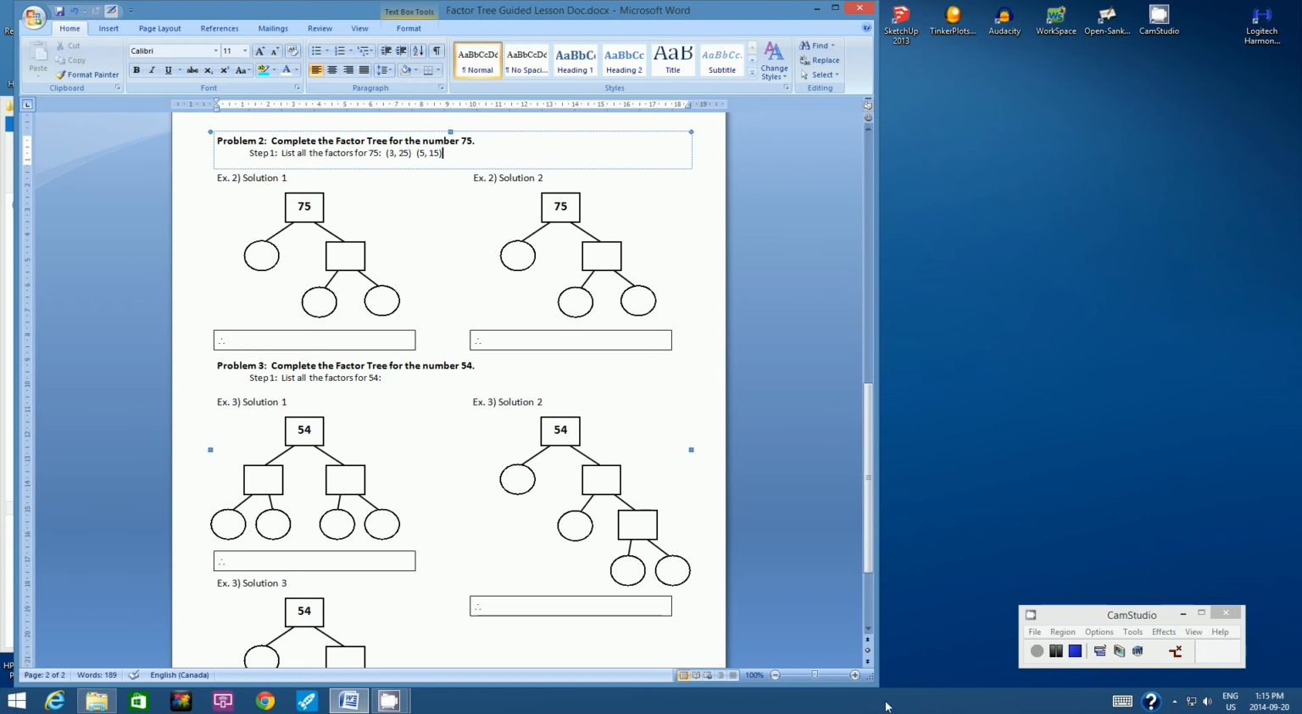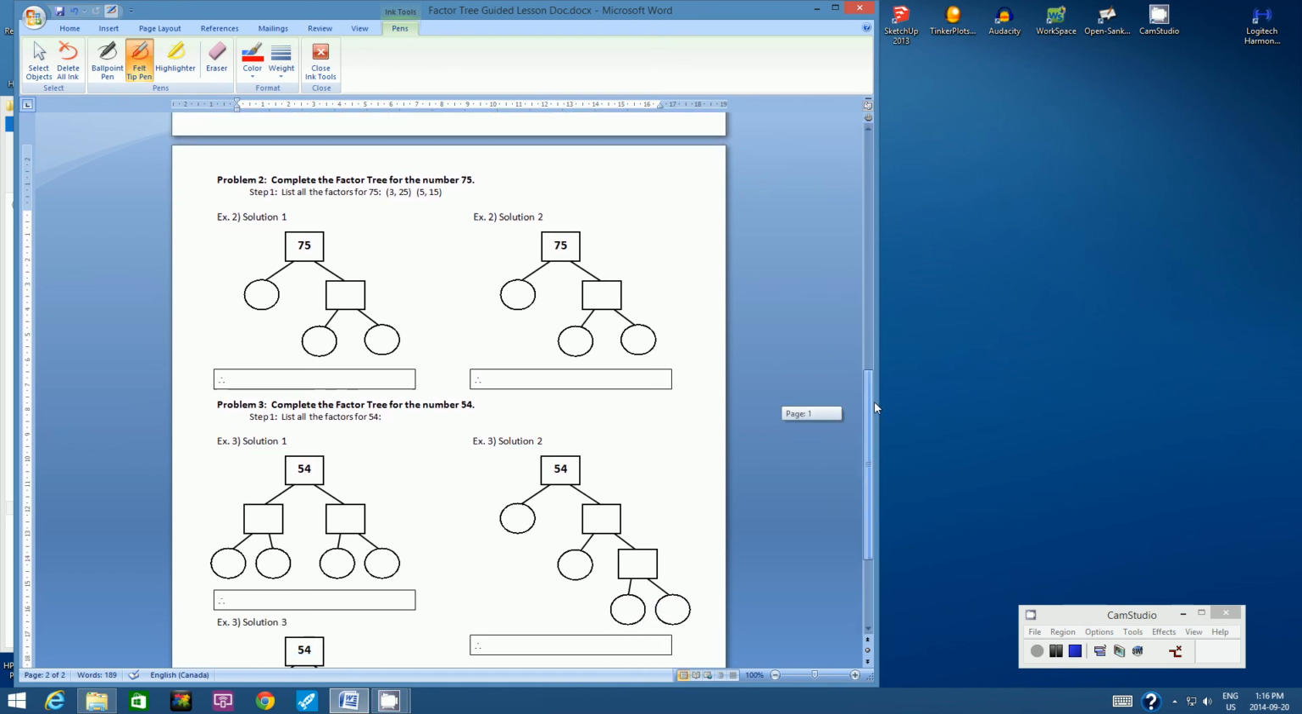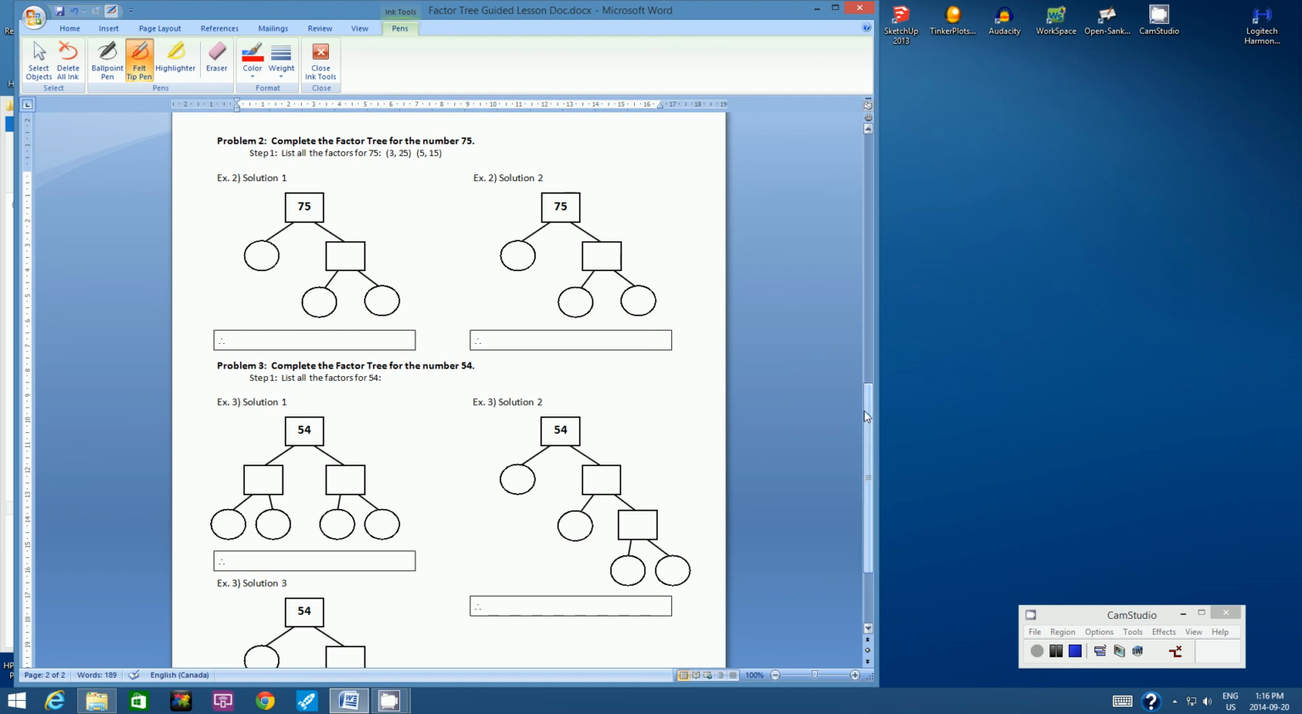Okay, so let's start with solution 1. All right, so solution 1 requires us to use a pair where one of the numbers is a prime number and one of the numbers is a composite number. So let me just scroll a little bit more up so I can see. Okay, that's fine. All right, so we have really only two possibilities, don't we? So one of the numbers has to be prime, so let's use this example right here. All right, so I want you to complete the factor tree for solution 1 and solution 2, and then once